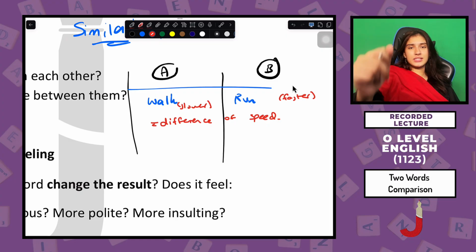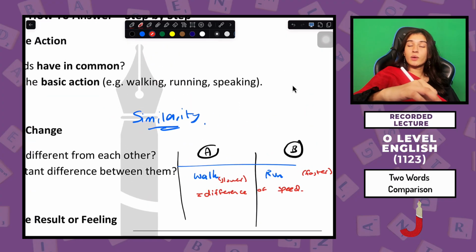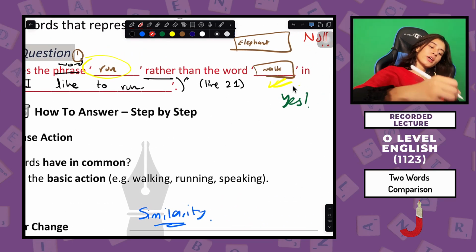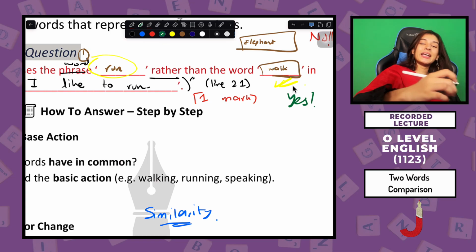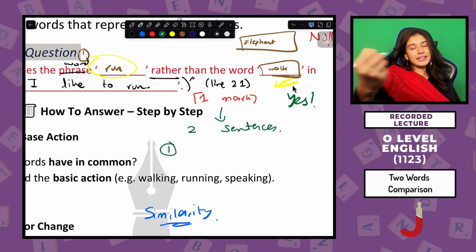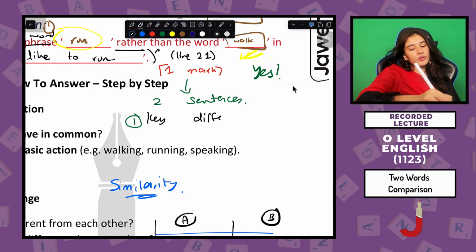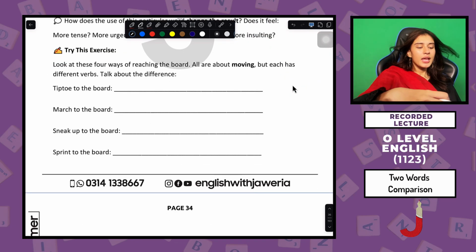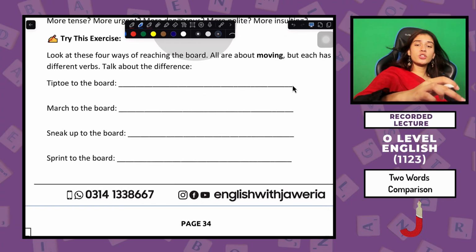That's the easiest difference. And that is exactly the first thing that you'll be writing in your answer for this question. So even though you get this question for 1 mark only, your answer will be spread across 2 sentences. And the first thing that you will be writing is about the key difference between the two words. For your first point, you're going to write the key difference between the two words. Let's take the example. I'll give you an example question here. Let me write the question, okay?